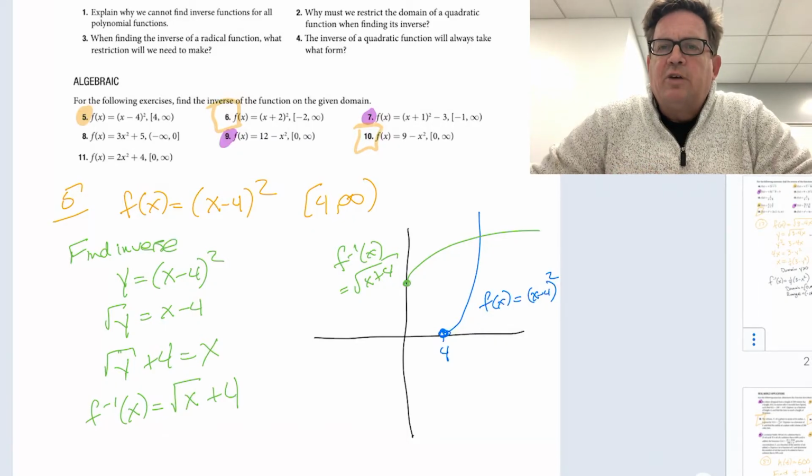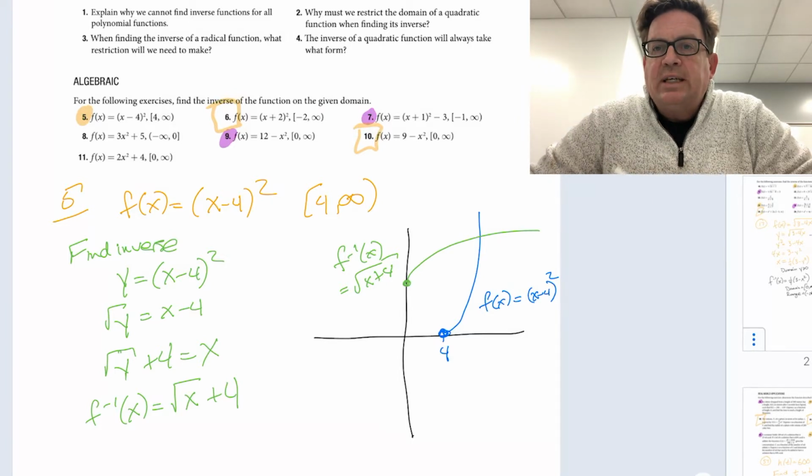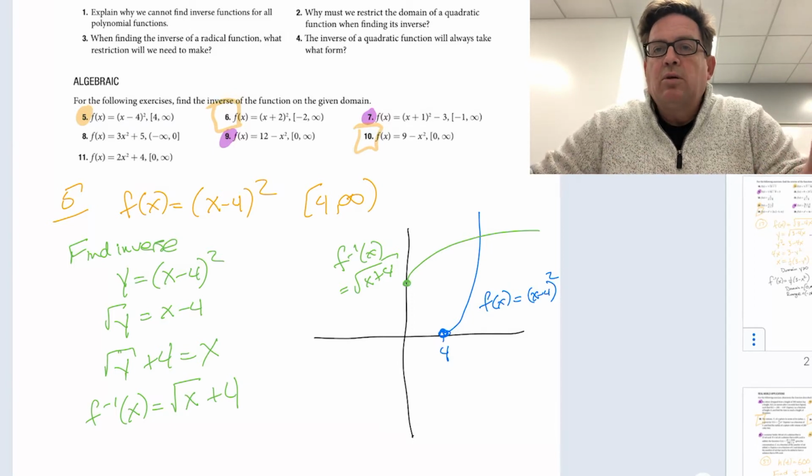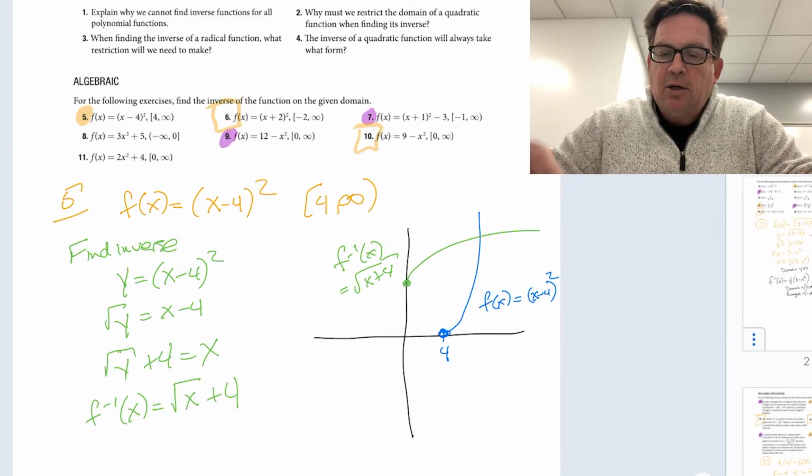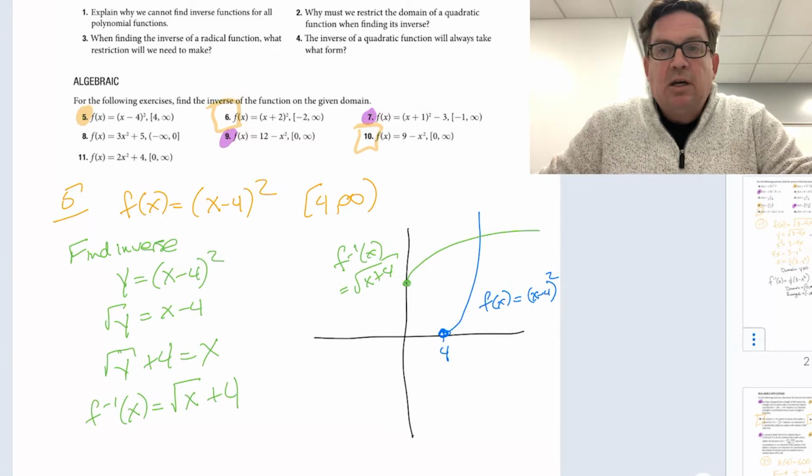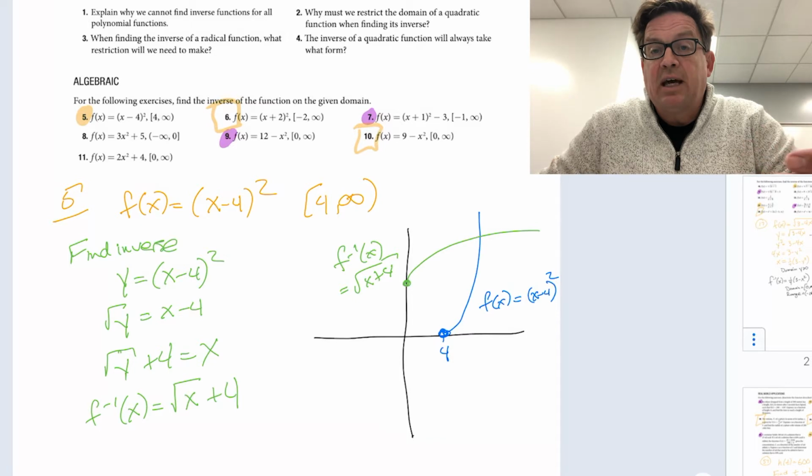Hi, I wanted to do a video about sections 5.7 and 5.8, which are two ideas about inverse functions and then about variation. I'll explain what that means in a little bit. So inverse functions, it's kind of repeating what we've done before in earlier sections, but it's just looking at power